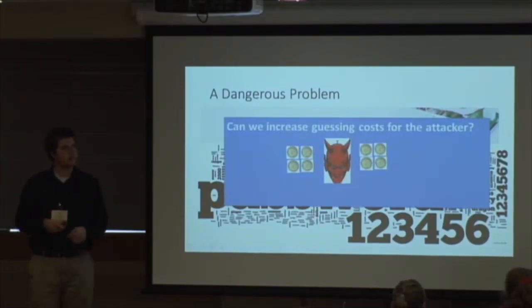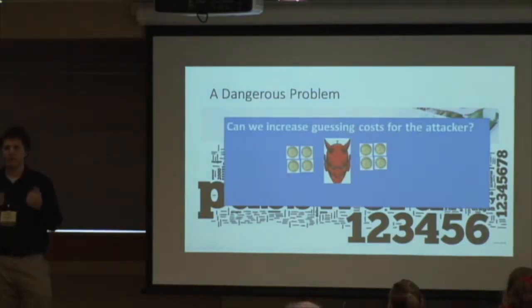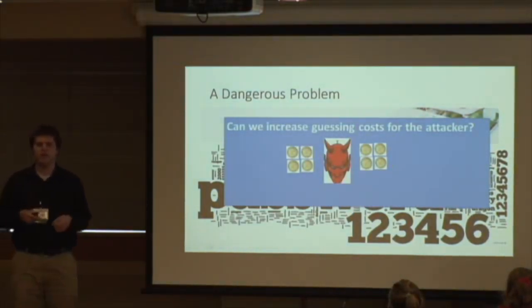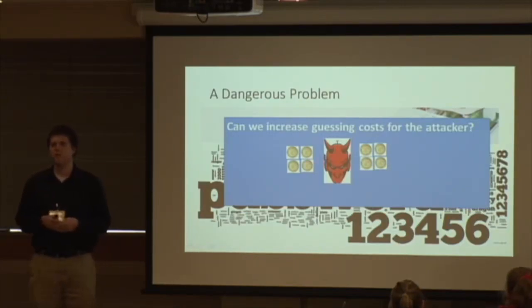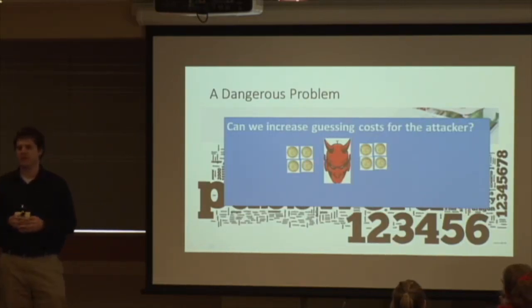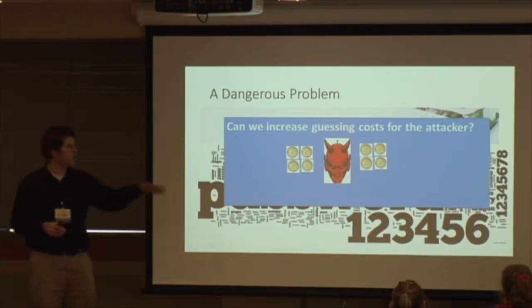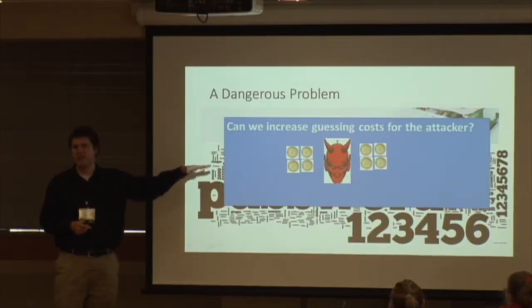All right, so this motivates the goal of increasing costs for the attacker. Typically, it's a good thing if a cryptographic algorithm can be executed very quickly on hardware. For password hashing, that's not such a great property. If an attacker can try 14 trillion guesses per second, he's going to crack most user accounts in a fraction